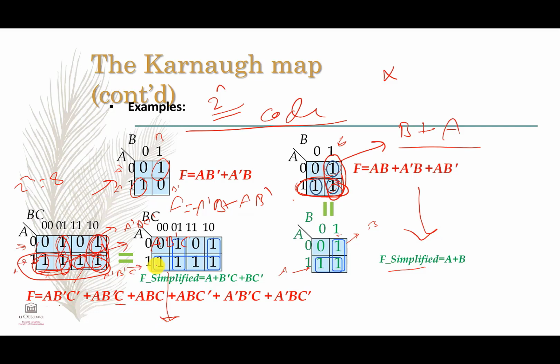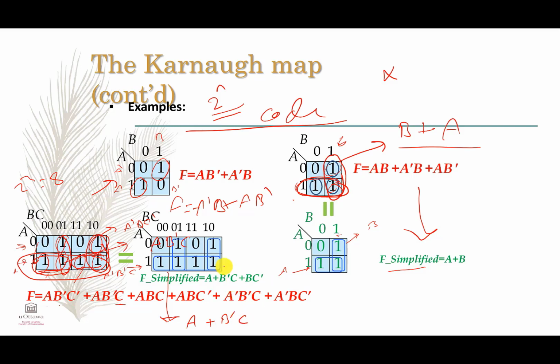It's gonna be just A, because look, B and C are changing all the time, from 0, 0, 0, 1, 1, 1, and 1, 0. So I'm gonna neglect them. Okay, so it's gonna be just A. And for these two, A is changing, I'm gonna neglect it, so it's gonna be B prime and C plus B prime